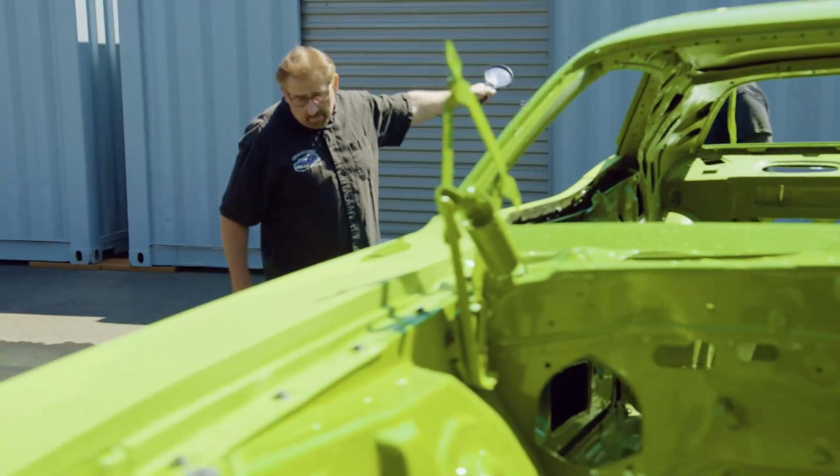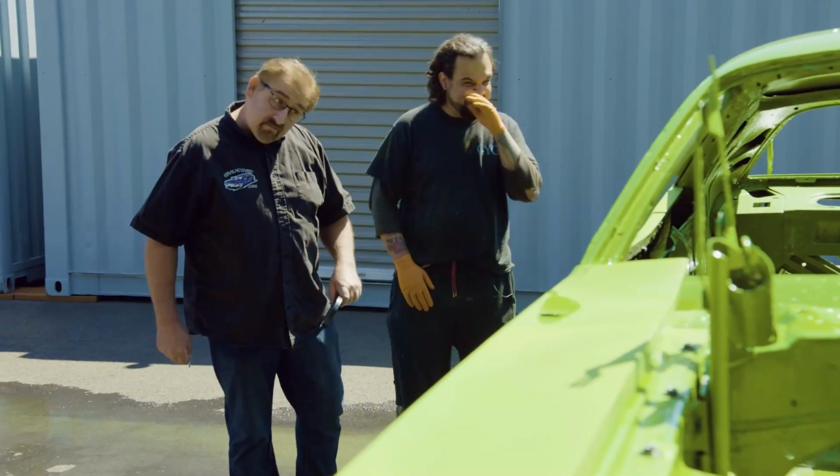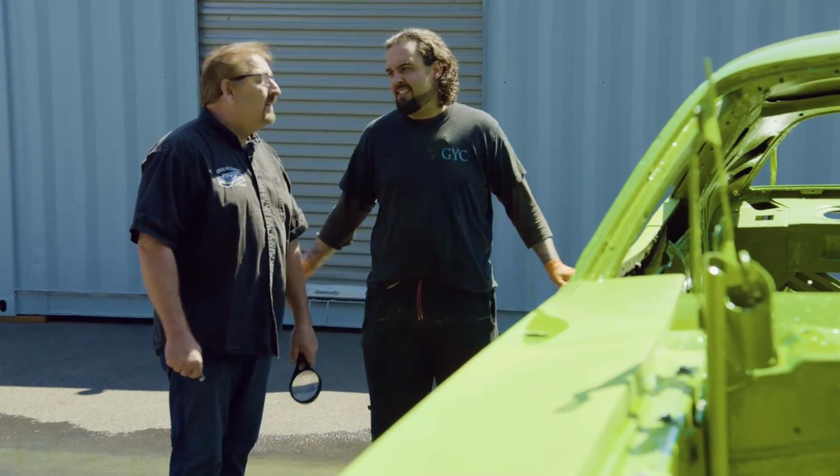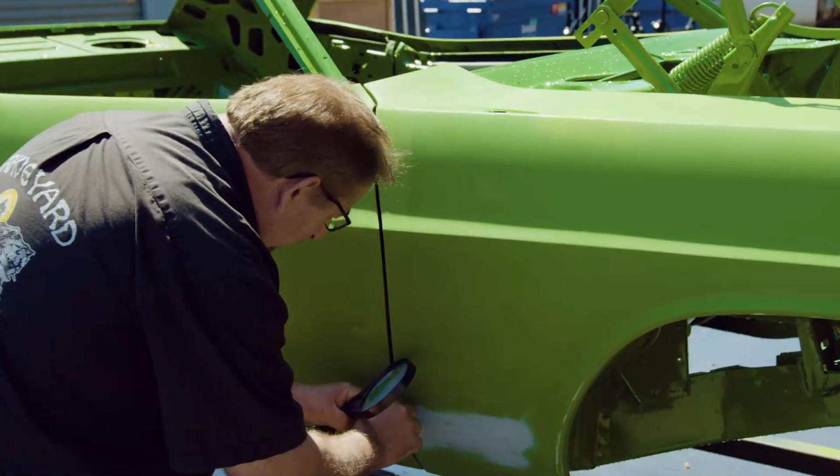If you paint something with the wrong gaps and you can't get the gaps later, then you're sanding. And if you're sanding, you're repainting. 71 Dodge Challenger. Paint code, FJ. It's one of two. 6, yes. You're welcome. A little bit fatter right there at the fender, but that's the way they were from